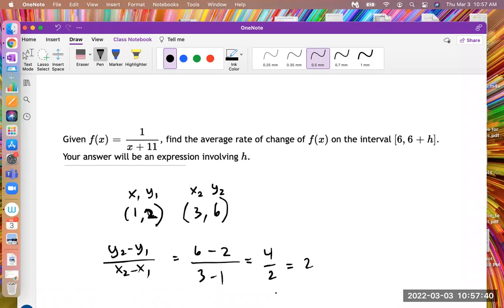Okay, so we're still doing that same process. There's just a few pre-steps that we have to do before we are able to do this exact process with this problem. I'm showing you an example of just a straight line and 2 points on a straight line. A straight line has the same continuous slant, a slope, no matter which 2 points you choose. With a function like the one you're given here, the difference is that